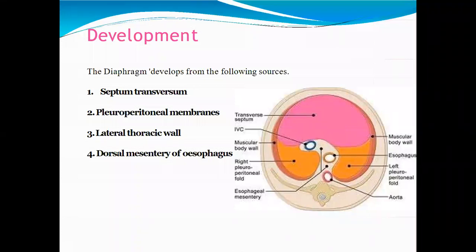This rounded partition is formed by four sources. One is the septum transversum on the front side, then the pleuroperitoneal membrane on the lateral thoracic wall. These pleuroperitoneal membranes are actually formed from the pleuroperitoneal folds, and we have the dorsal